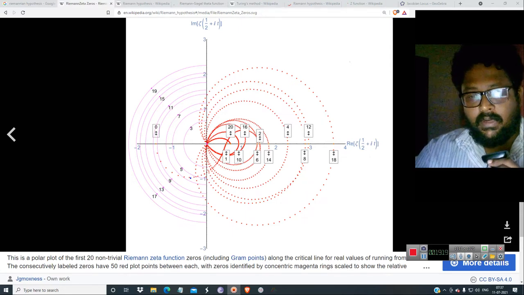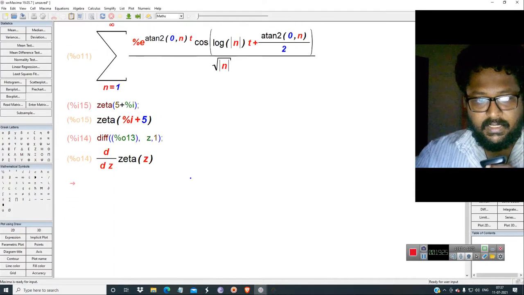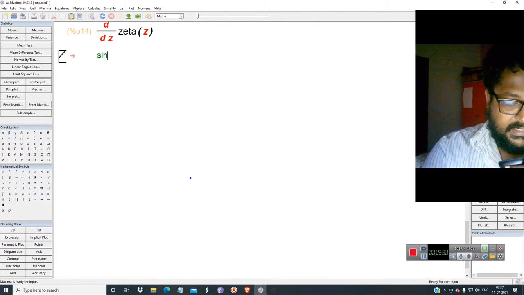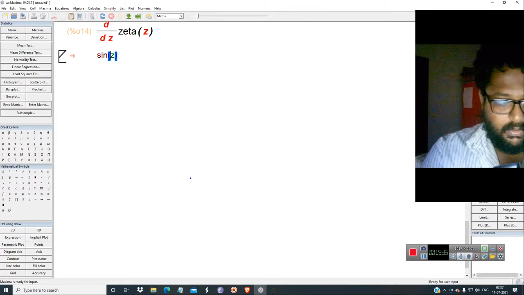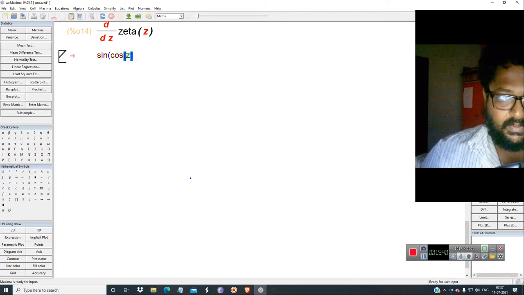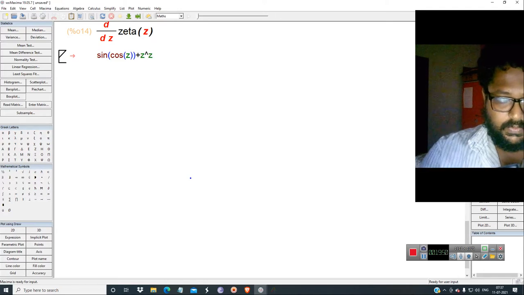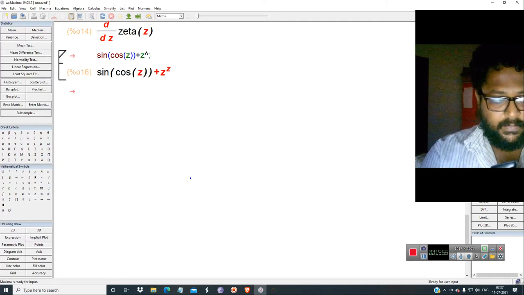In order to explain this with a normal conformal mapping function, you may be able to understand it. I'm going here and typing sine z. Let me get a very complex, difficult one: cos z plus z power z. It is very complex to do, and difficult because arctan may exist there.